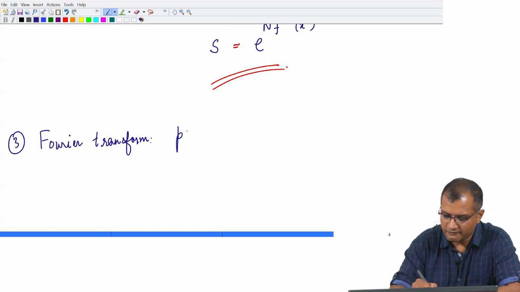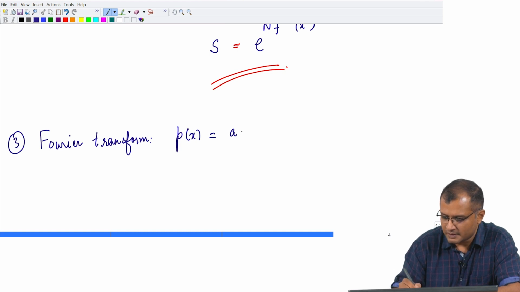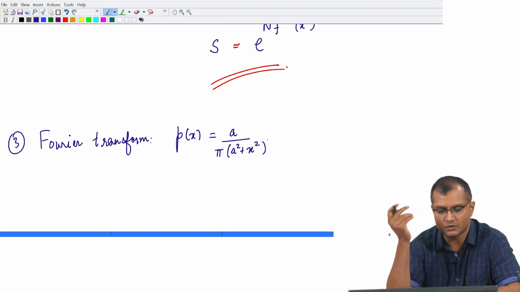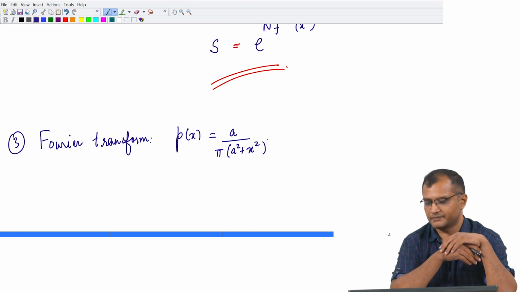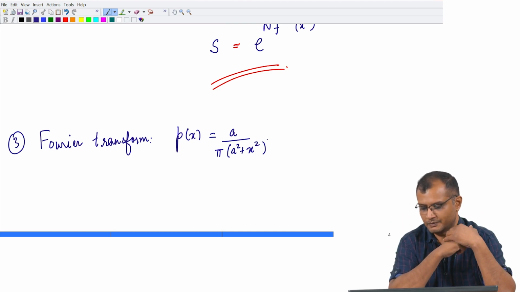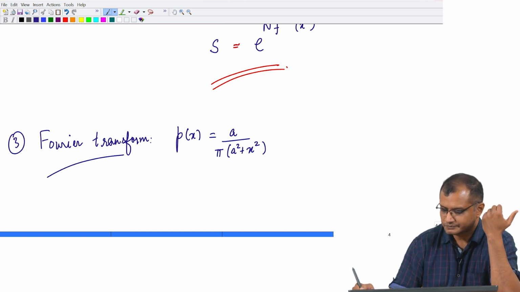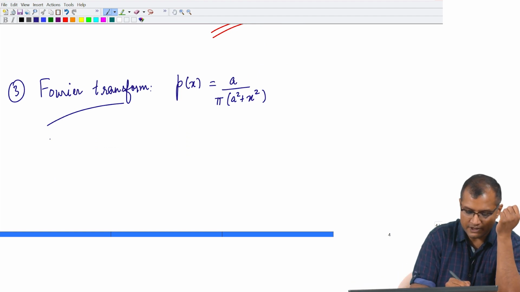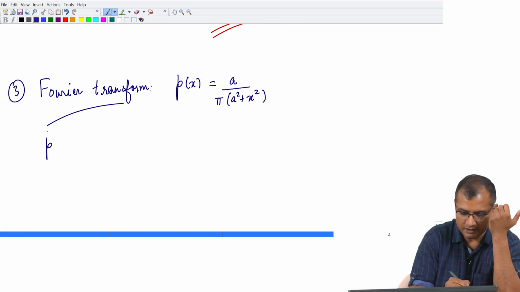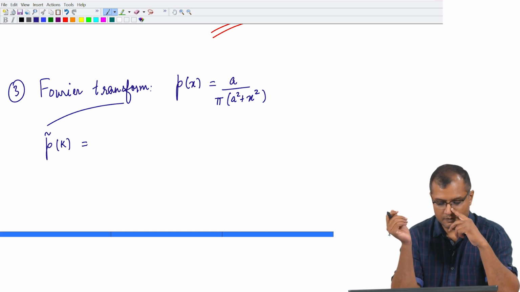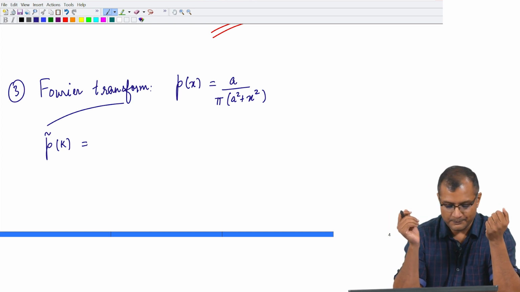in such a way. I am given a function with the following motivation: this function will require you to compute the Fourier transform by the method of contour integrations. So, it is like hitting two birds with one arrow. We will also learn something about contour integrations here. So, the Fourier transform of this distribution function, which is also called the characteristic function of this distribution, and that you will see in chapter 1,